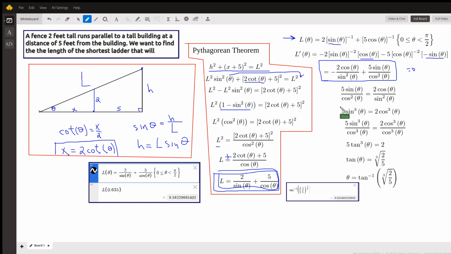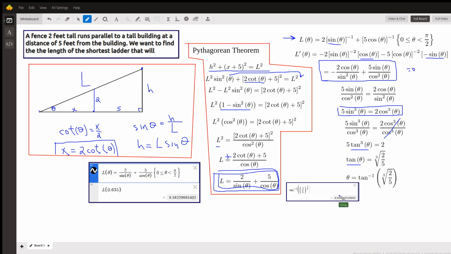How can we solve that for theta? Well, the trick is to divide both sides by cosine cubed theta, because sine cubed over cosine cubed is tangent cubed. These cancel out over here. So the tangent cubed theta equals 2/5. So the tangent of theta is the cube root of 2/5. And the inverse tangent of the cube root of 2/5 is